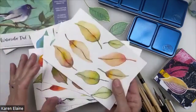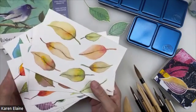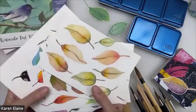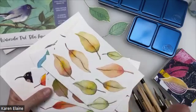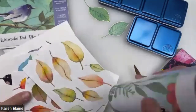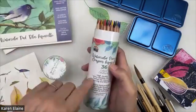This is my first love besides origami, or watercolor is my first love. And I just love doing these leaves lately because they're very relaxing. And I'm loving to do these with the Niji watercolors. And I've just kind of found a really fun thing, and I have to share these watercolor pencils, our Niji